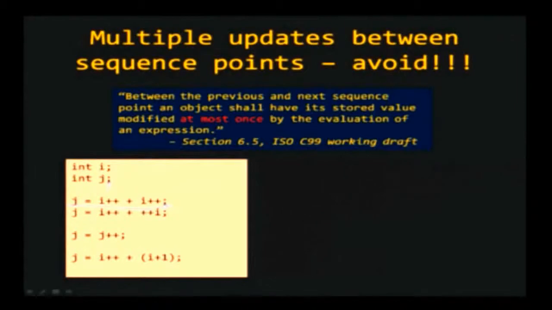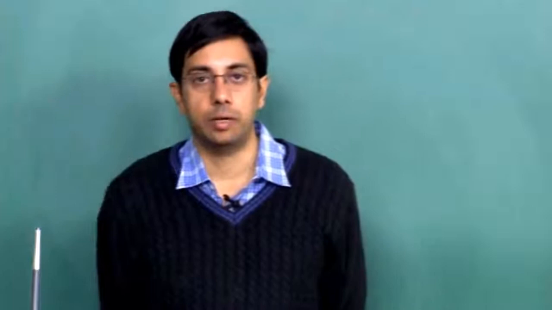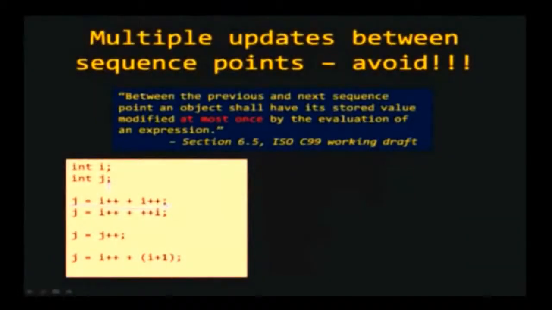The C standard says that the behavior is unspecified. This is somewhat surprising, because you may try it out multiple times and see that consistently some behavior is happening. But what the C standard says is that if you take the code and compile it with a different compiler, the result may be different. So, the result of this expression is actually unspecified.